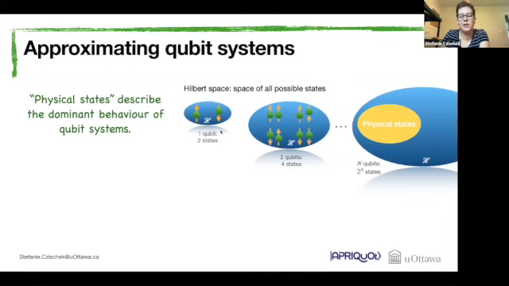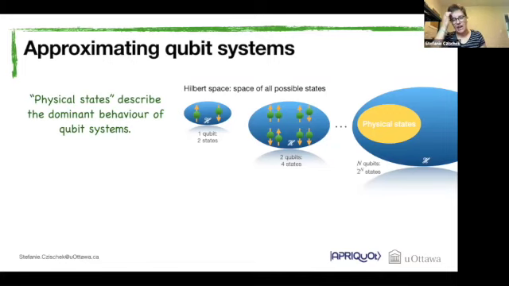Well, the reason for this is basically the so-called curse of dimensionality. If we look at a single qubit, then we can find it in two states. We can define the Hilbert space, which is basically the space consisting of all possible states of our qubit system. So for a single qubit, it has 2 entries. For 2 qubits, we already have 4 possible combinations of each qubit being in the up or in the down state, or 0 or 1 state. So we already have dimension 4 of our Hilbert space. And then you can imagine if we scale up our system and we have n qubits, then our Hilbert space scales exponentially with the system size. So we have 2 to the n states.